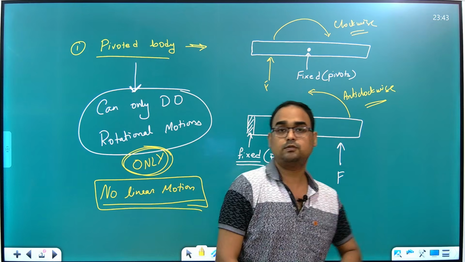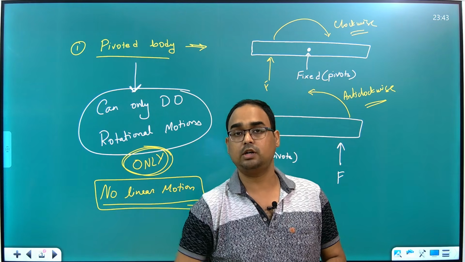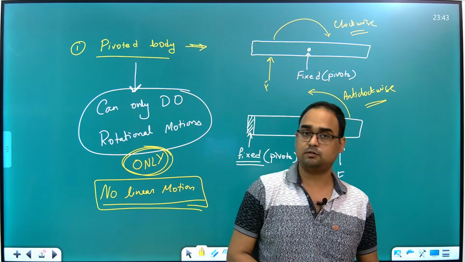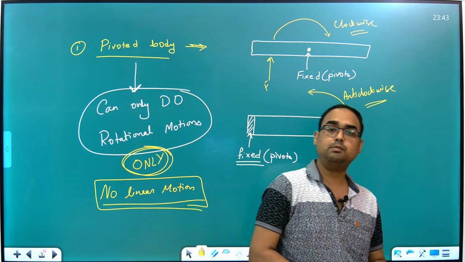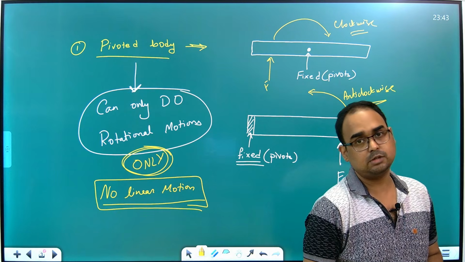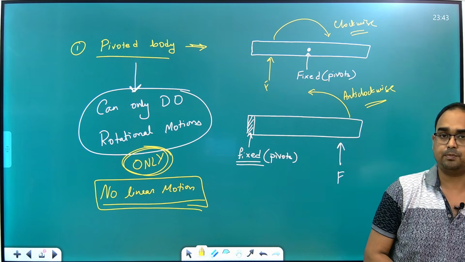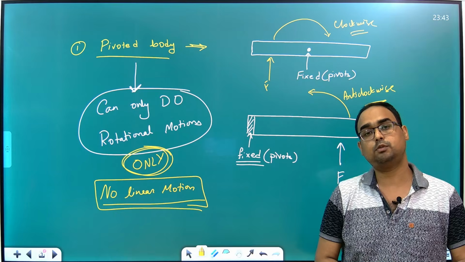What is force? Force is the cause due to which a body changes its state of rest or state of motion with respect to time. Two types of bodies are mainly found in physics. One is a rigid body and one is a non-rigid body. If we apply force on a rigid body, it can do